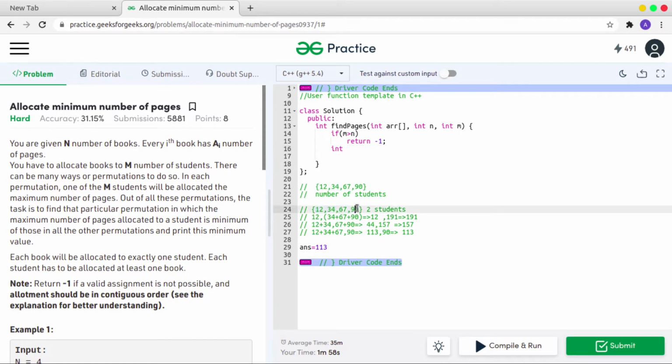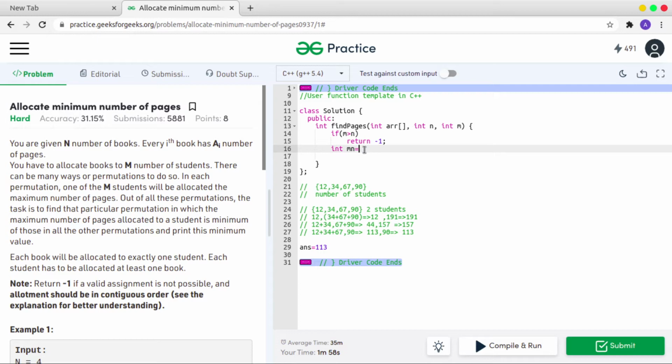From this, you can see that binary search works on a sorted array, and we have to find a mid and traverse left and right to find the result. Similarly here, where are we going to start and where are we going to end? We are going to start from 90, since the maximum number of pages in a book can be 90. So we will start from 90 and go up to the sum of all the array.